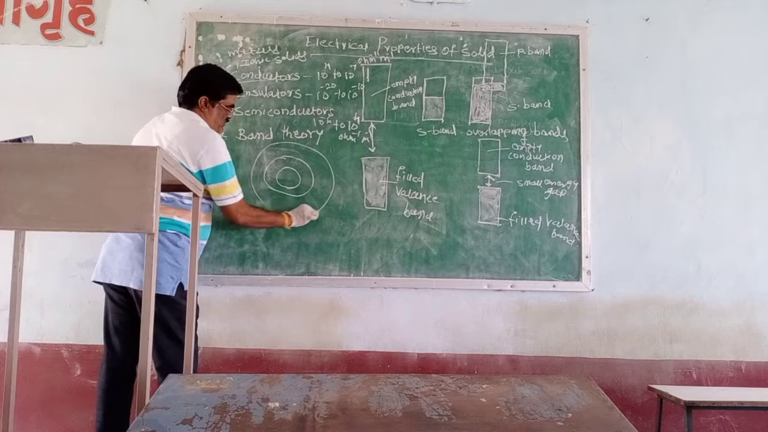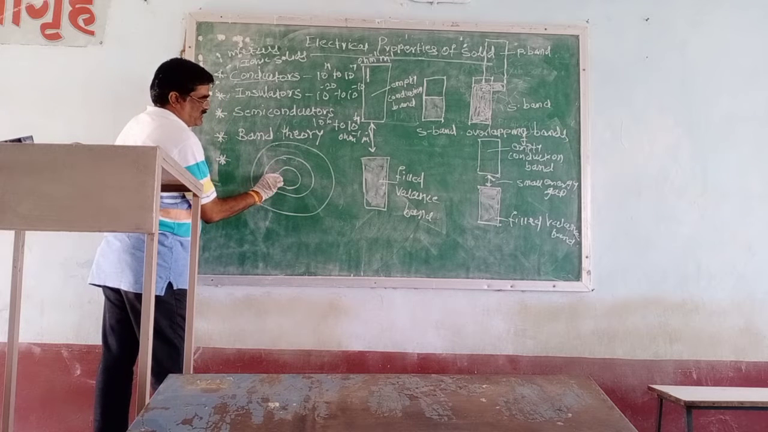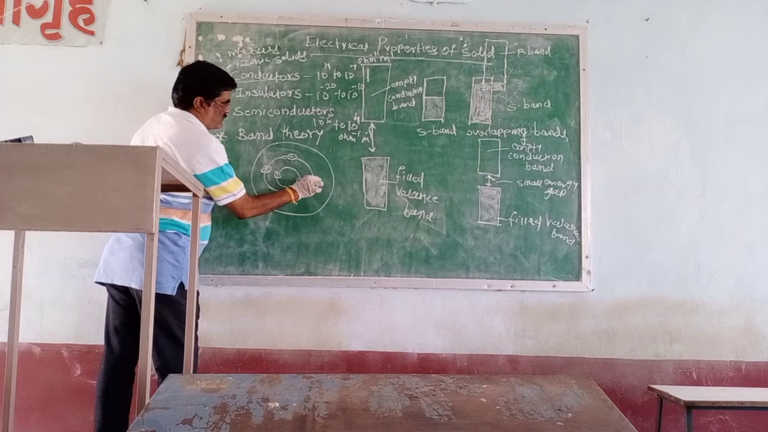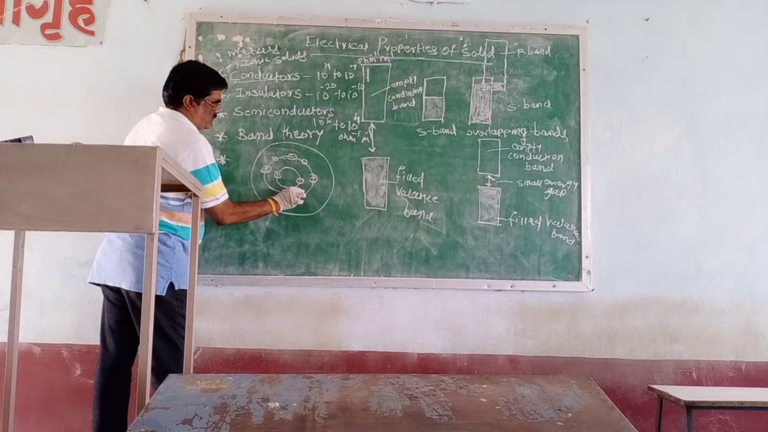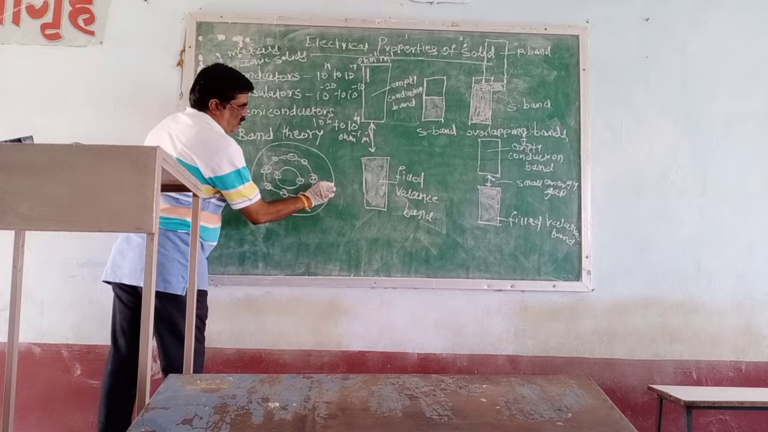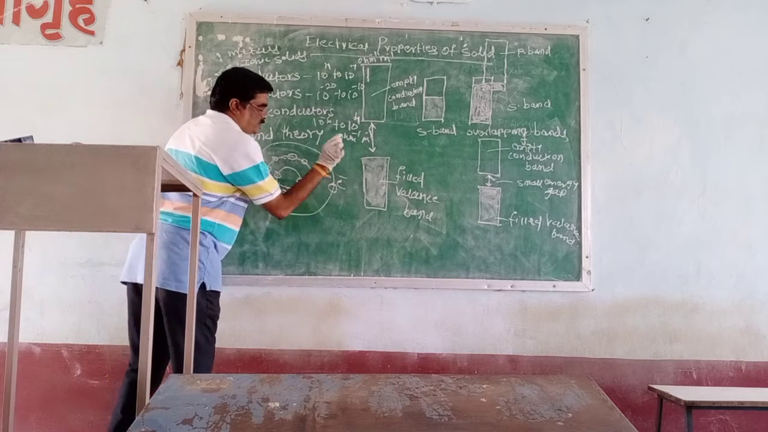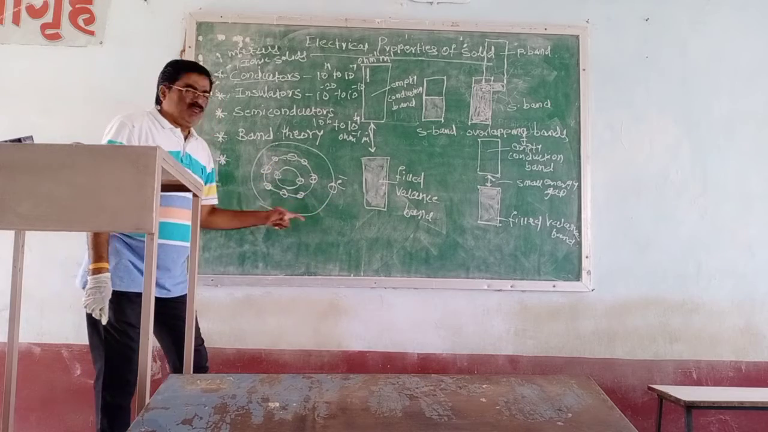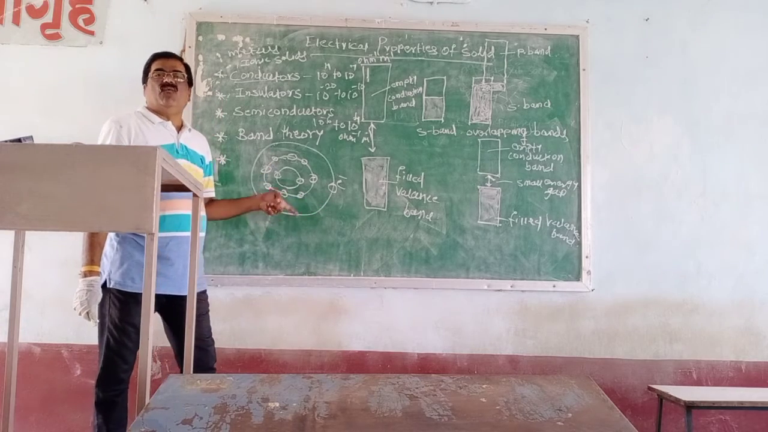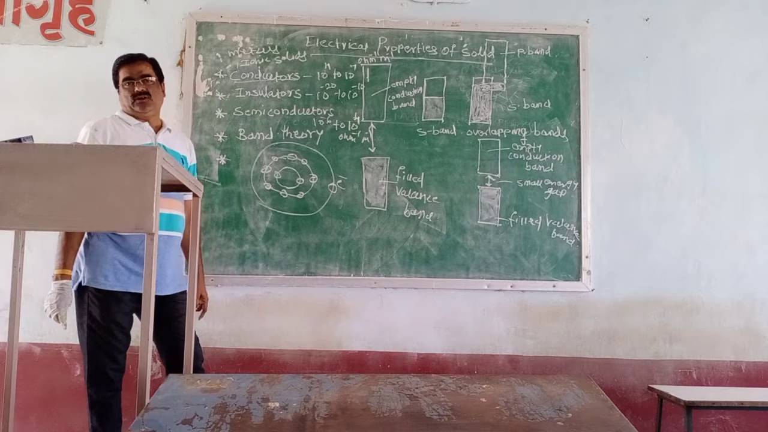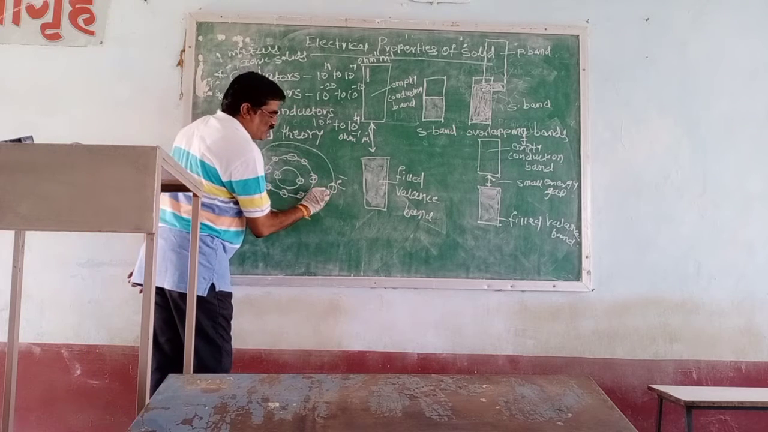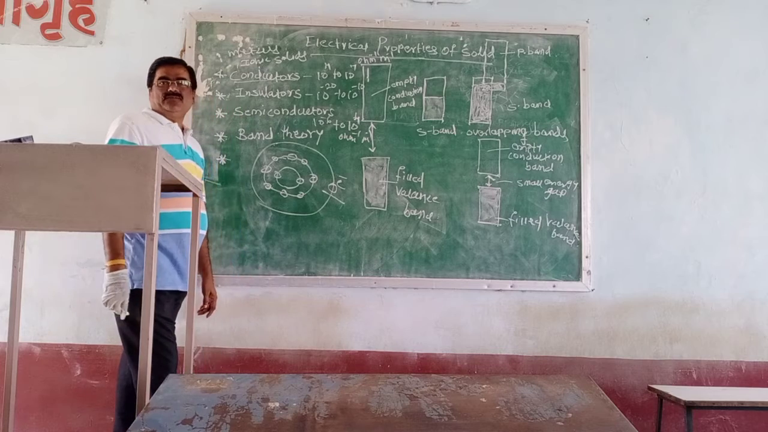These are the orbitals. In the first orbit 2 electrons, second orbit 8 electrons, and outermost orbit 1 electron. This outermost orbit is the valence shell or valence orbit. When this sodium loses this electron,